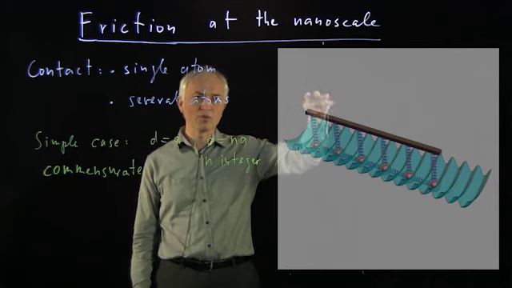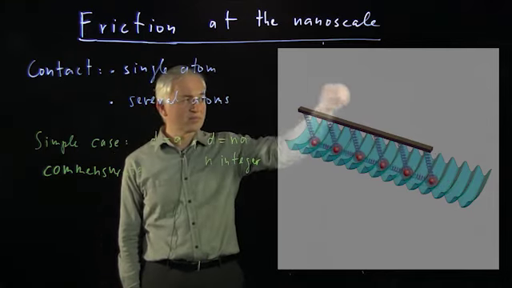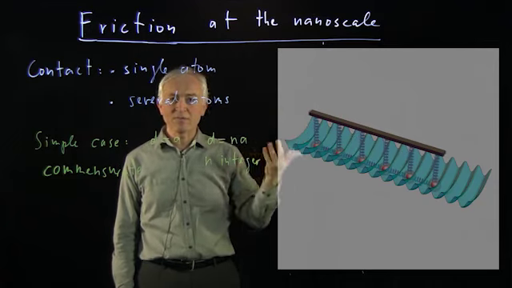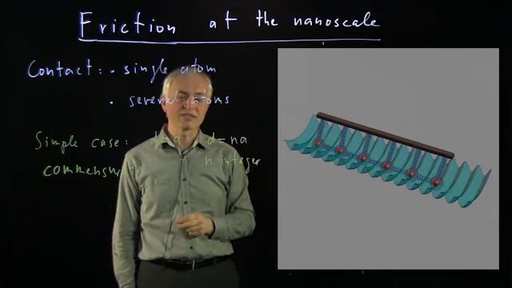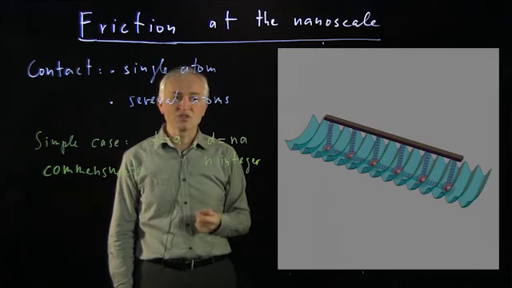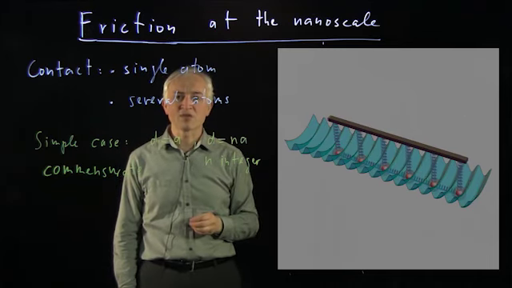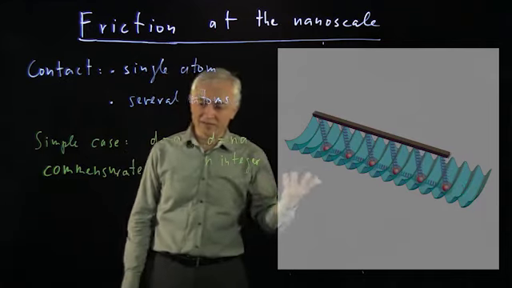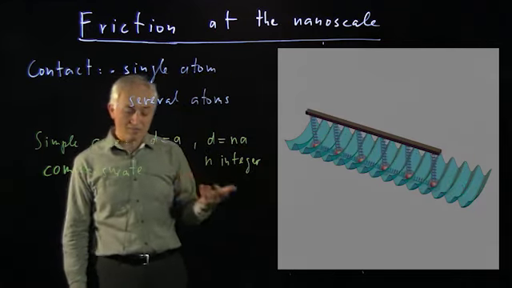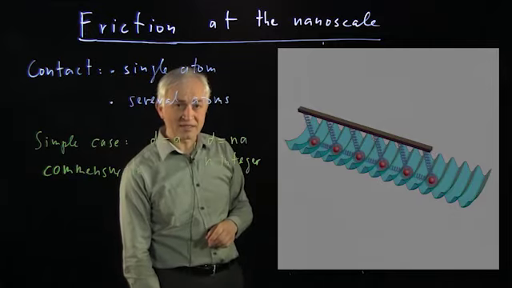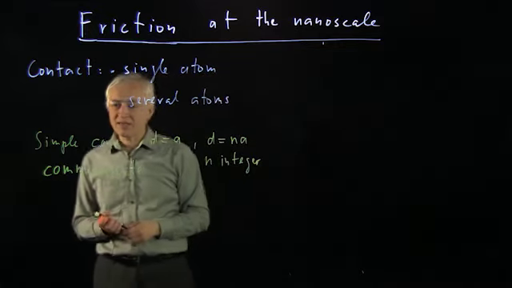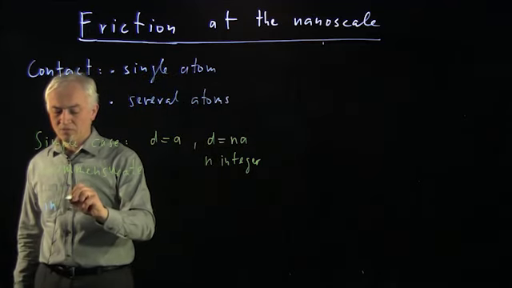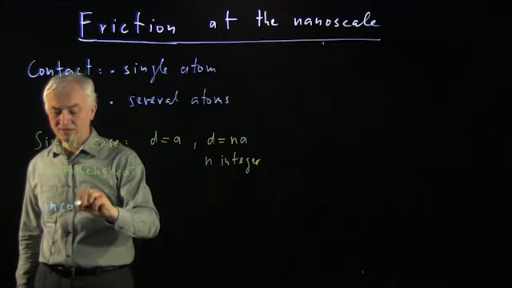So they get pulled, they first stick, and then they all slip at the same time. And you can imagine, and you can kind of see visually in this case, that the friction is the same as the single atom friction multiplied simply by n. So this is just the single atom friction that we have seen before, multiplied by just the number of atoms that makes up the contact area. Now there's a different case, which we might call incommensurate.